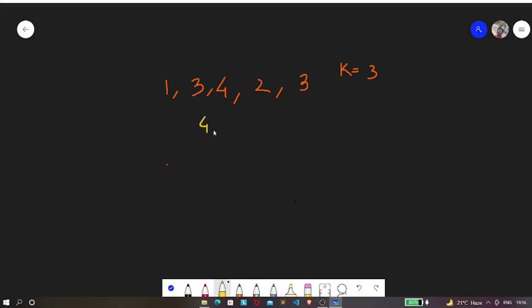Using a sorting algorithm, we can sort this array in descending order, and after sorting, all you need to do is return, let's say the name of this array is arr, arr of k minus 1, because our indexing starts from 0. So after sorting this array, we just return that element.